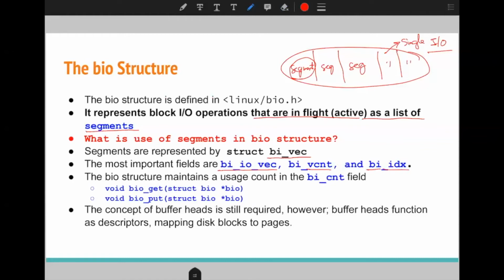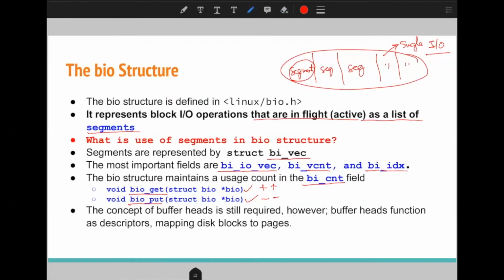It also contains the bi_cnt field, which we increment or decrement with the help of two functions. When we call bio_get, we increment this count, but with bio_put, we decrement the count of bi_cnt.